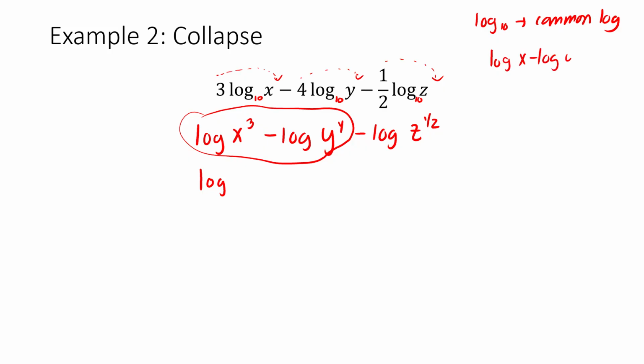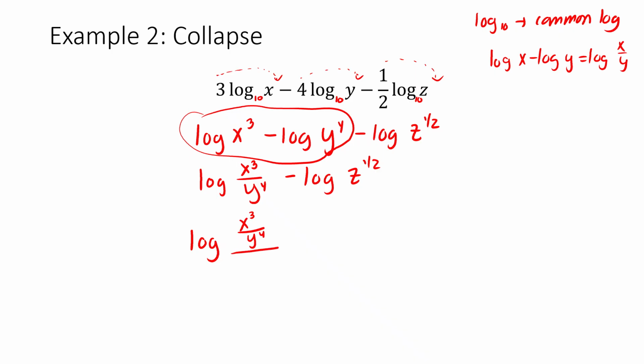log x minus log y is equal to log of x divided by y. So in this case, instead of x divided by y, it's x to the third divided by y to the fourth. And then we're subtracting log z to the 1/2. Now, to keep going with that, we end up here. So we end up with x to the third over y to the fourth over z to the 1/2, at which point most of my students are completely checked